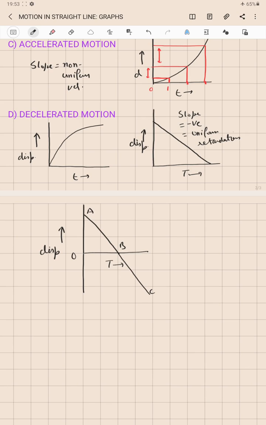We know that when a body is thrown in the vertically upward direction, in pure vertical motion, its velocity is decreasing because it is going up against the effect of gravity. So part A to B of the graph represents the